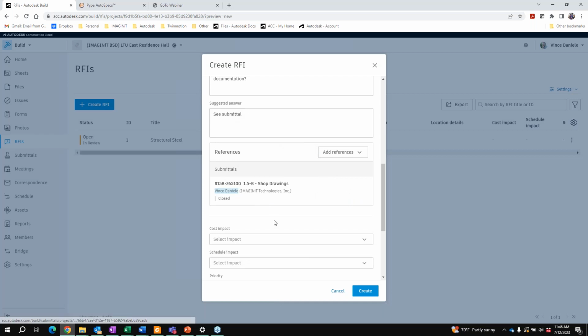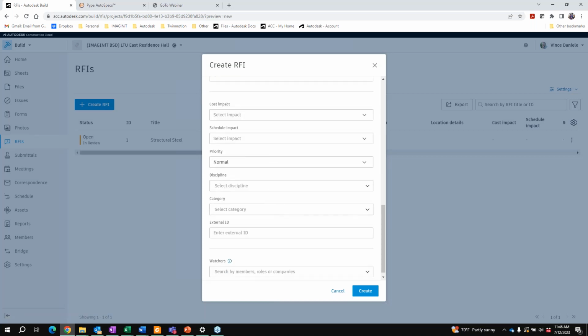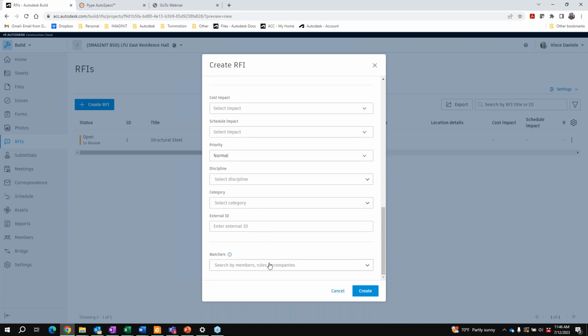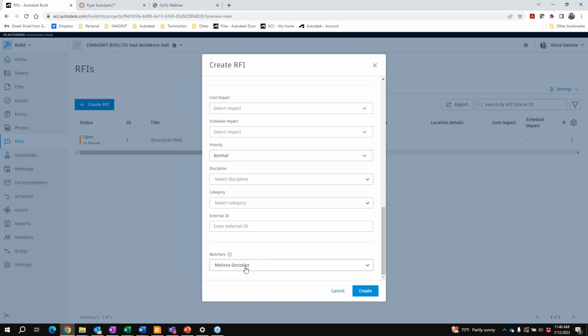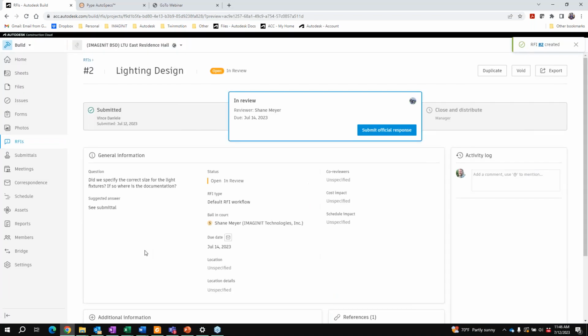And we can add that reference to this RFI. We can assign cost impacts, schedules, priorities, and additional watchers to this. So if I wanted to make someone else in a project a watcher, just so that they're informed that this RFI is out there, we can assign them there. And once that RFI is created,